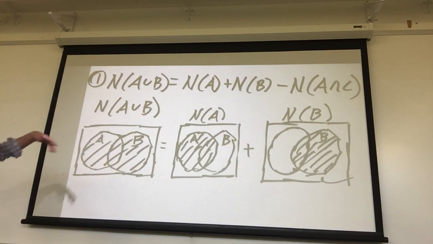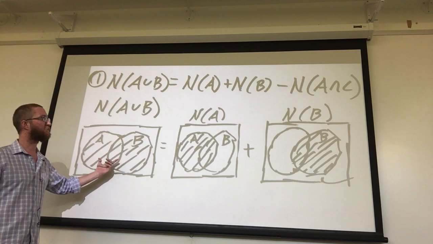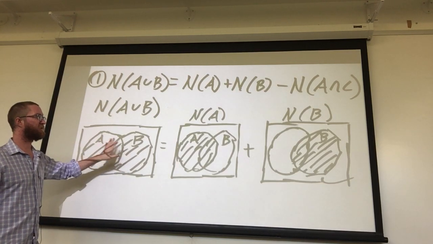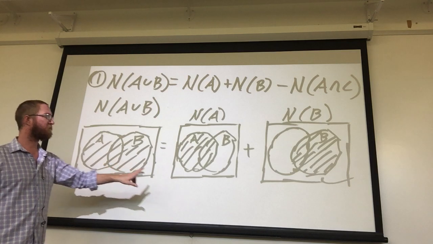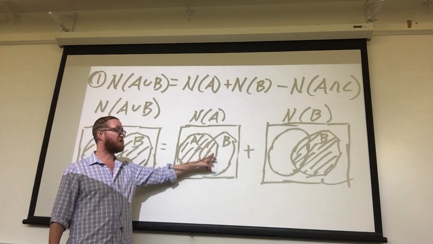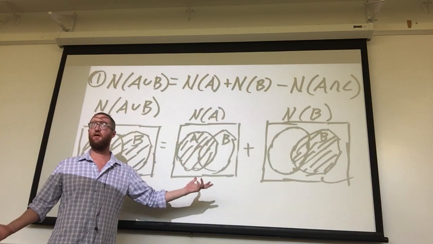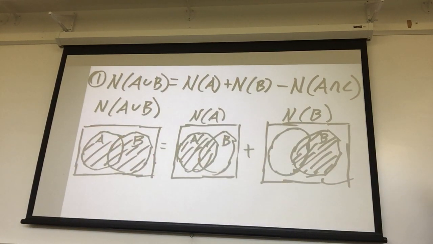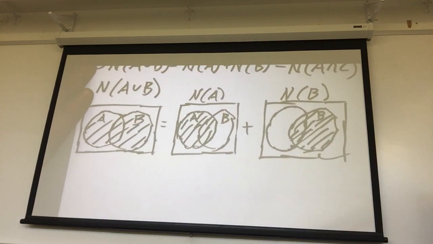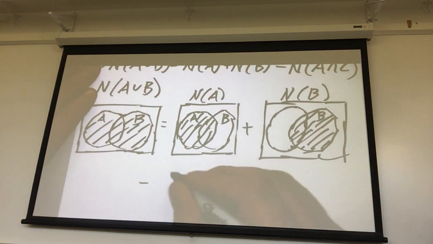But just look at this picture and ask yourself the question. I'm trying to get to the number of elements of A union B. If you just look at these two pictures right here, the problem we're encountering is that this intersection, this A intersection B, if we actually add these two together, it's going to be counted twice. Because it's counted twice, we have to subtract the intersection. So the number of elements of A union B equals the number of elements of A plus the number of elements of B, and then we are going to subtract